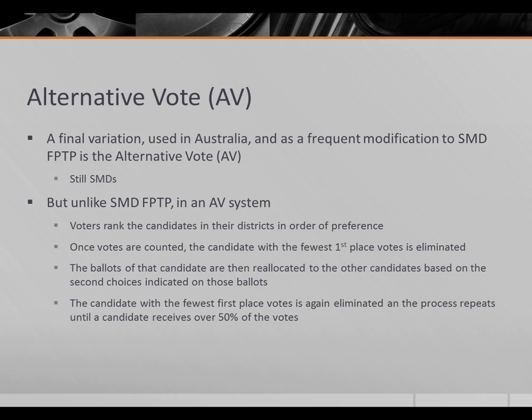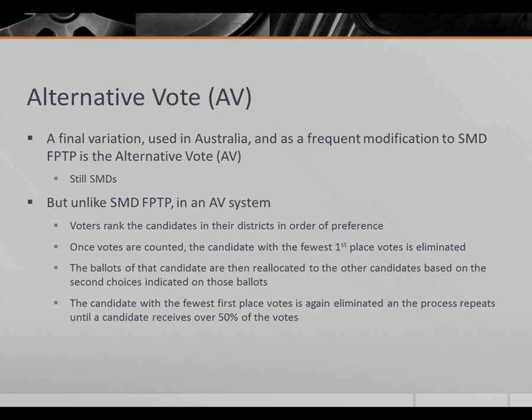So you don't just vote for one candidate, you basically order the candidates in your order of preference, kind of like ballots for MVP in sports leagues in the United States. You just rank your top choices, right? Now, once first place votes are counted, the candidate with the fewest first place votes gets eliminated. The ballots of that candidate are then reallocated to other candidates based on their second choices. So the second choice of the voters who voted for the candidate with the fewest first place votes get treated as first place votes and get reallocated among all the other candidates.